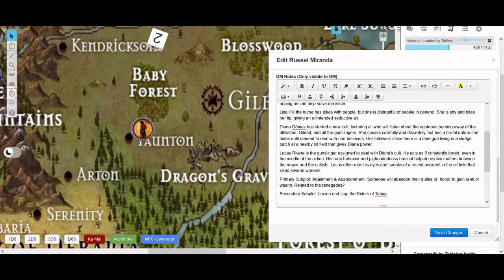Well, anyway, that is the crux of the problem. Diana Gomez and Lucas Rivera are at loggerheads and cannot seem to work it out. Certainly Diana's talking crazy, but she's not without points, and she has many followers. I think Lucas's attitude, even though I believe he is right, she should be dealt with. But you know how Lucas is. He's pig-headed and he's rude as a bull with a tick in his ass. And it has not helped.